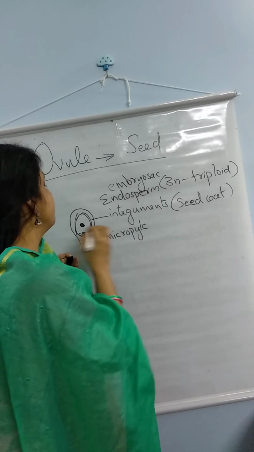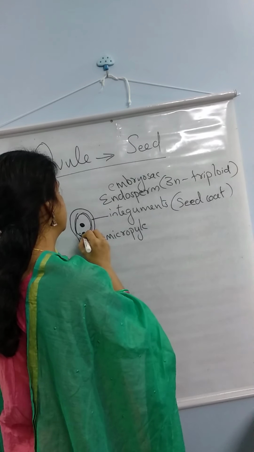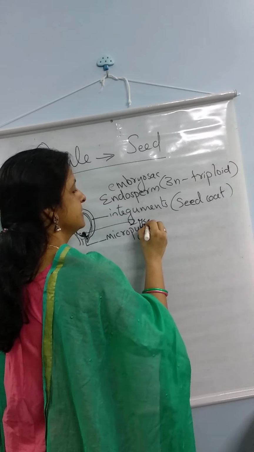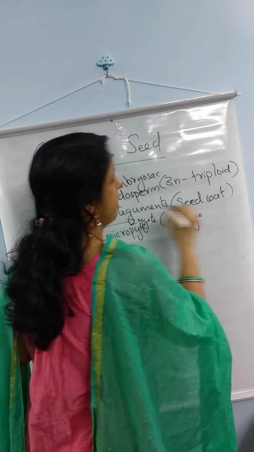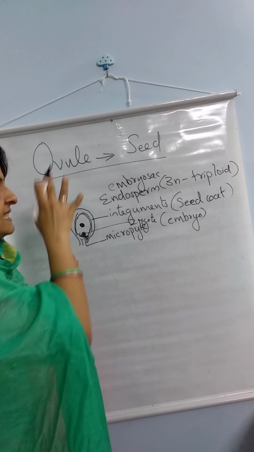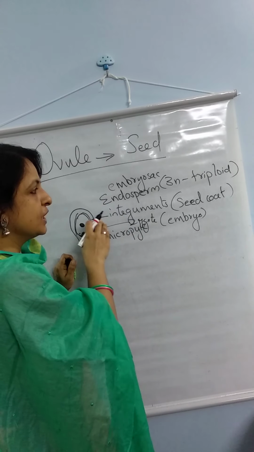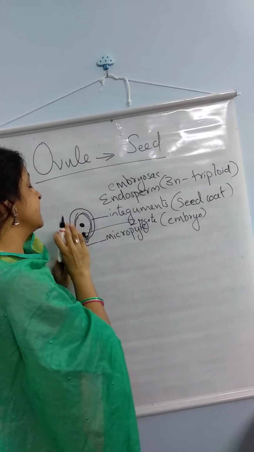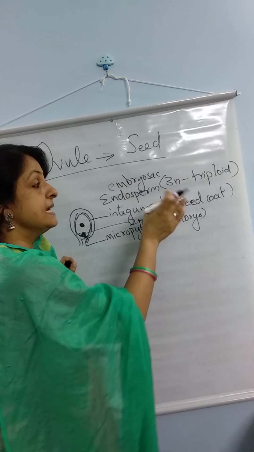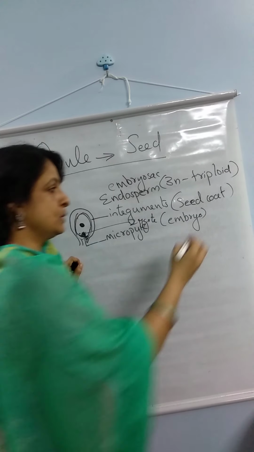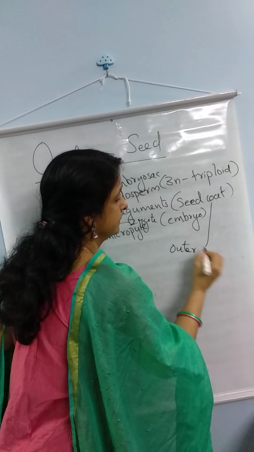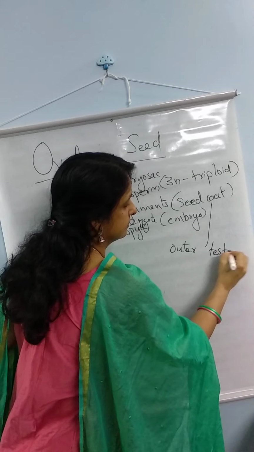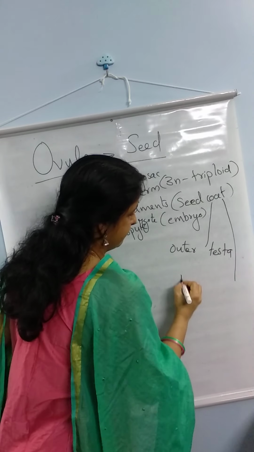A small embryo will be formed. Zygote will develop into embryo. Okay, so when ovule becomes seed, the integuments become seed coat and the zygote becomes embryo. This seed coat has 2 layers. The outer layer is called testa and the inner layer is called